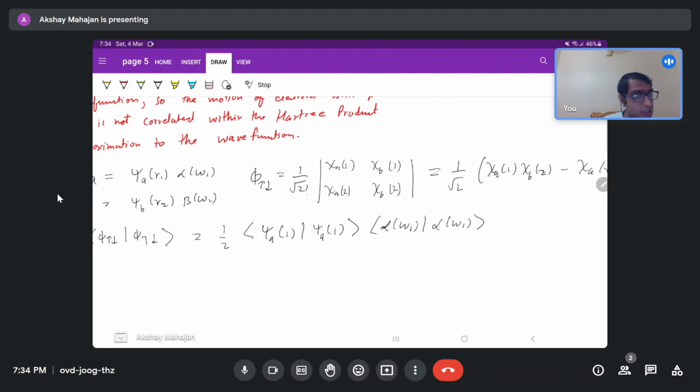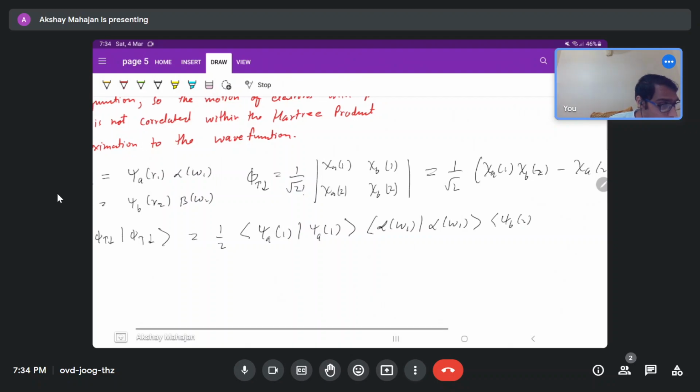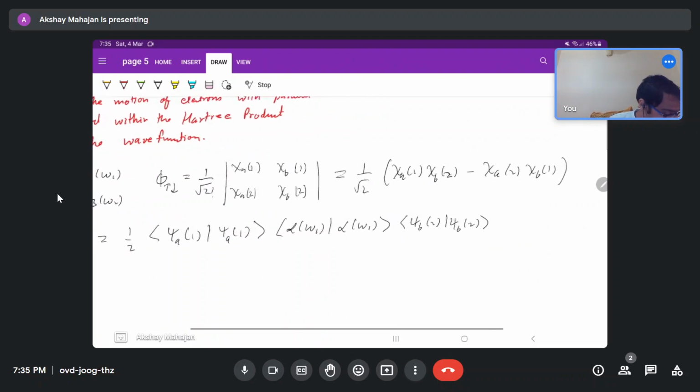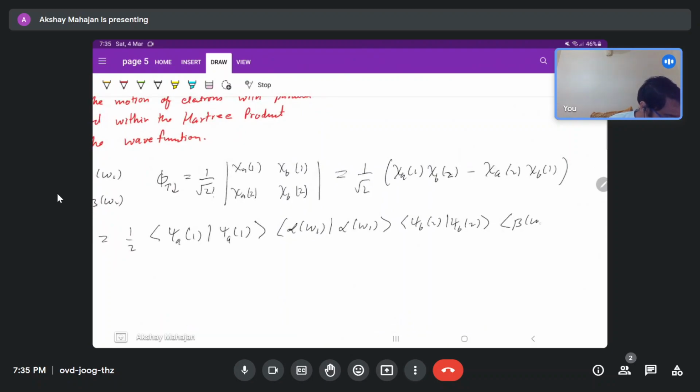So this could be written as half of psi A of 1, alpha of omega 1, and then we have psi b of 2, beta of omega 2,